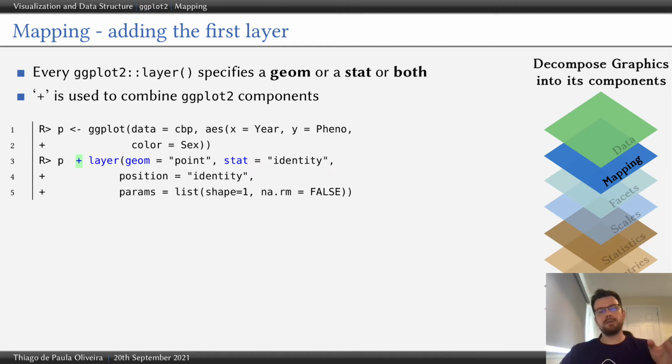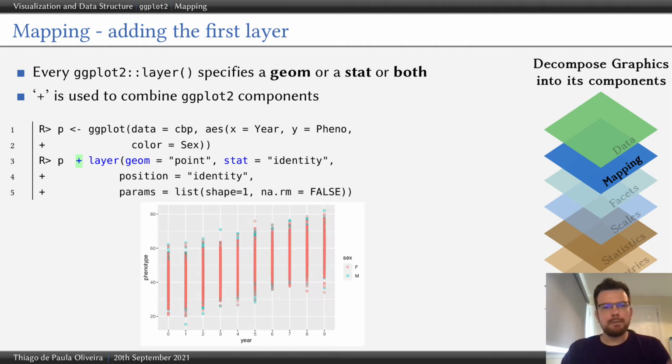Thus, every time you need to add a layer, facets, themes, or anything, you should use this plus sign. ggplot2 was first developed to work with layers, and for each layer we had to specify a geometry and a statistical transformation, as I said. In this example, we are adding a layer that includes a point for each pair of Cartesian coordinates between the variables year and phenotype. The stat is equal to identity because this means that we are not applying any statistical